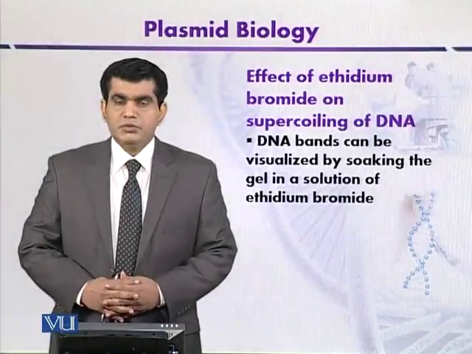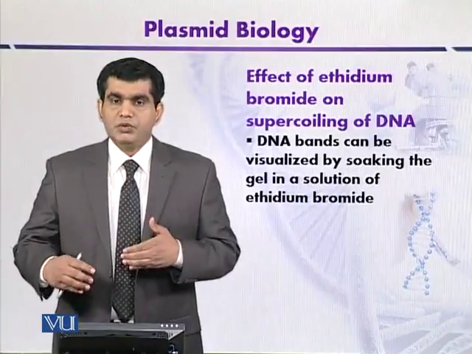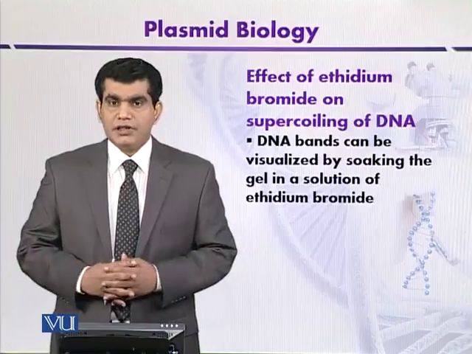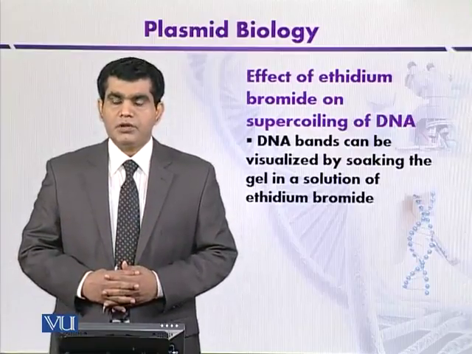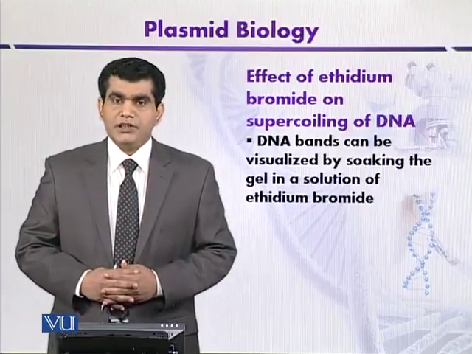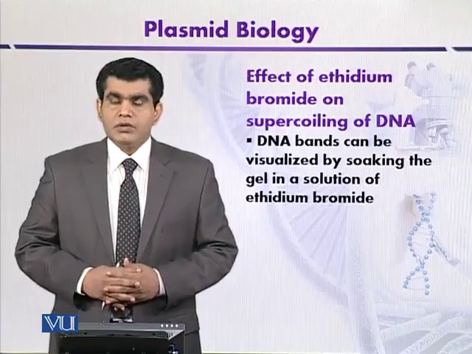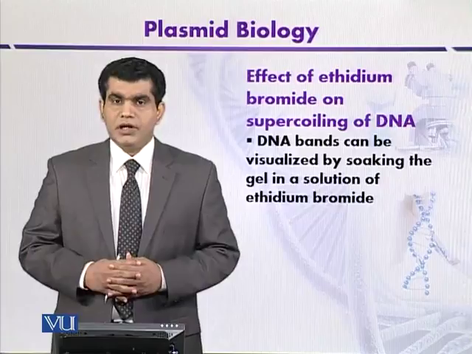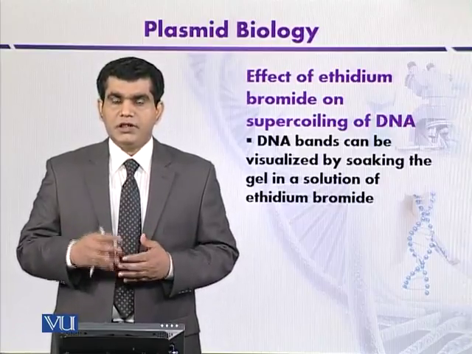In addition to enzymes, some chemical agents can also influence the supercoiling of the DNA depending upon the concentration that is used. So one of the chemical agents is ethidium bromide. If we want to analyze the DNA and want to see it under the camera or under the UV